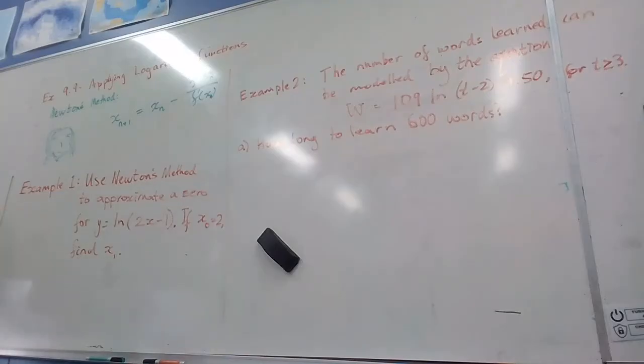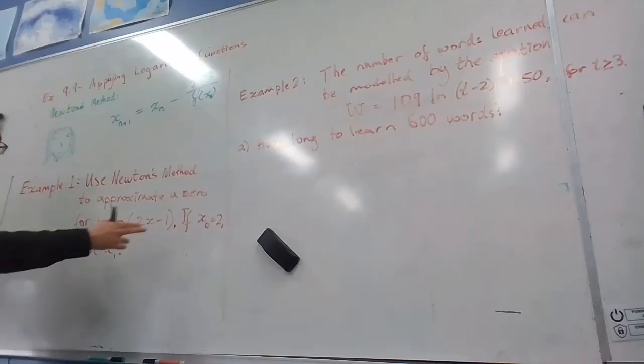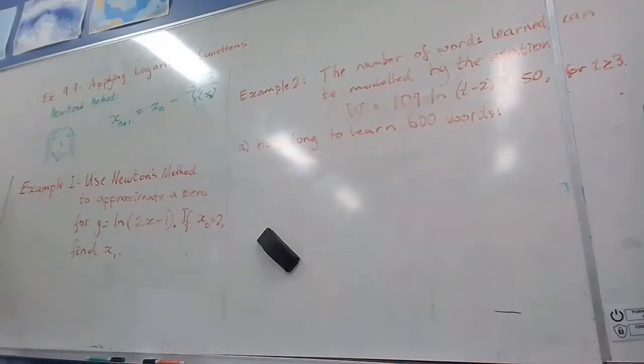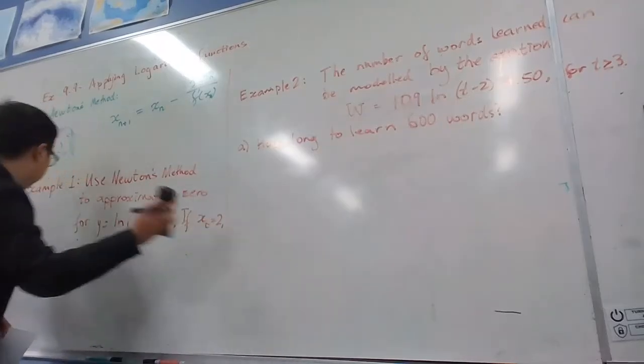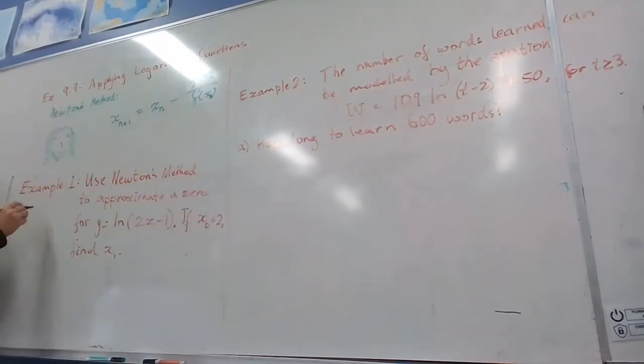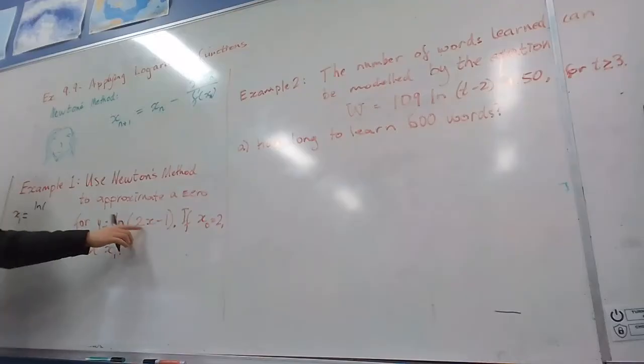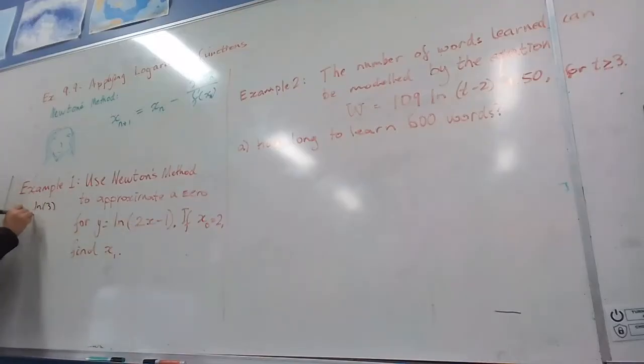In this example, it says use Newton's method to approximate a zero for y equals ln of 2x minus 1. If x0 equals 2, find x1. So we're saying the first iteration would be x1, but we're starting off with x0 equals 2. So apply my formula: x1 equals the function substituting our value of x0, which is 2. So we'd end up with ln of 2 times 2 is 4, minus 1 is 3, over